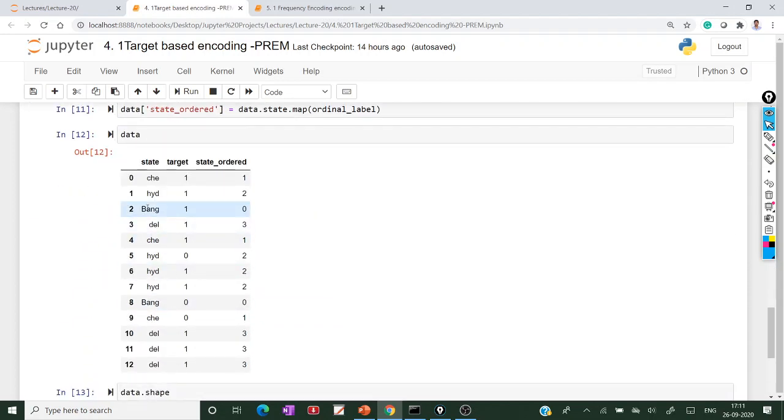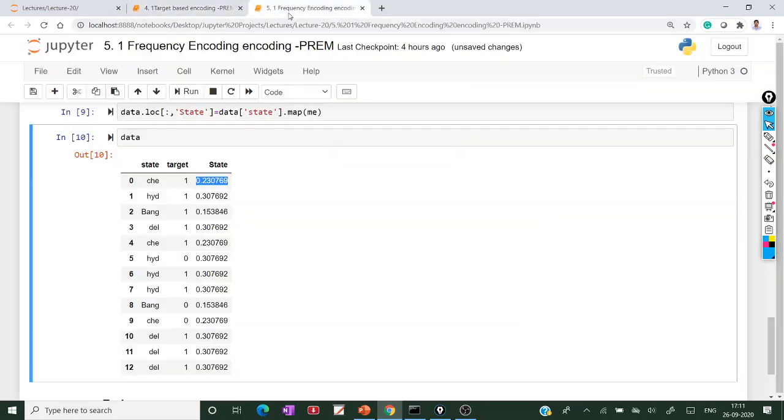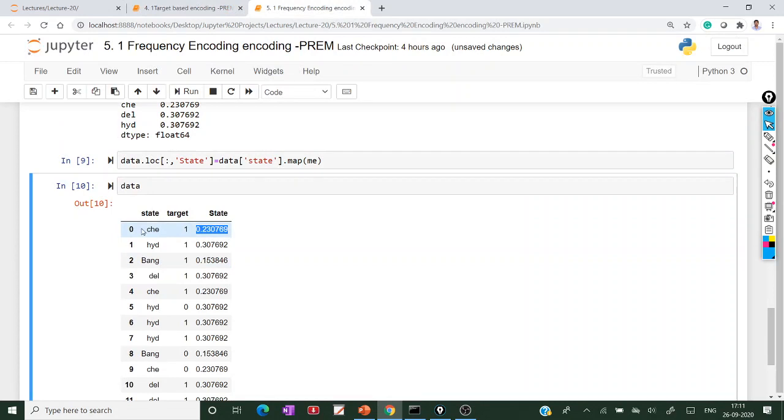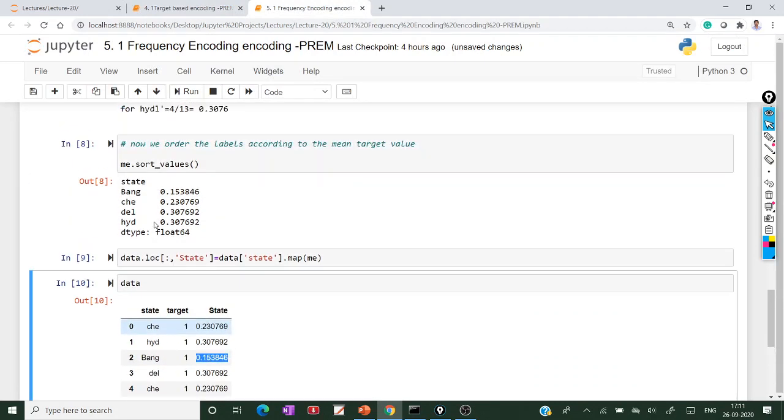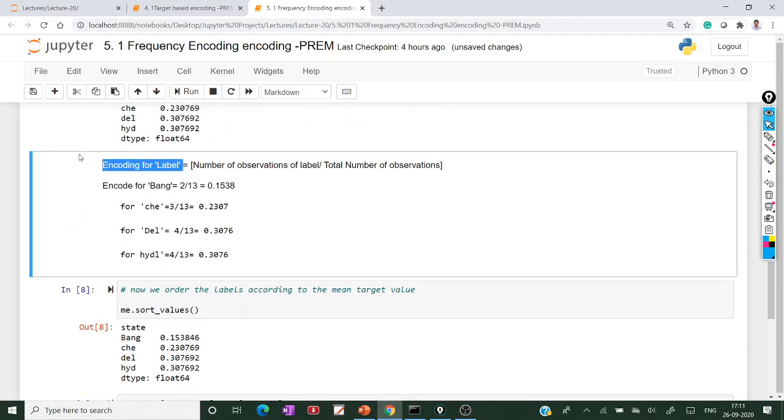That's why wherever Bangalore is there, you assign the value 0 in the target based encoding. But here in frequency, wherever Bangalore is there, you assign the frequency 0.15. How to get the 0.15? By using this formula. So this is the frequency encoding technique.